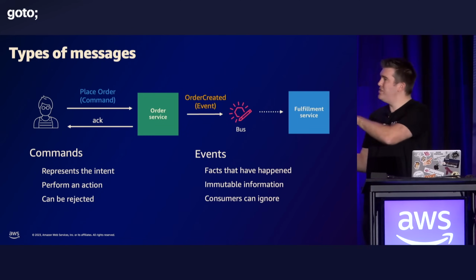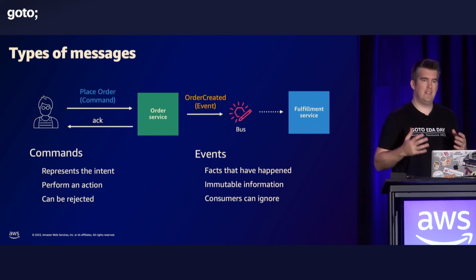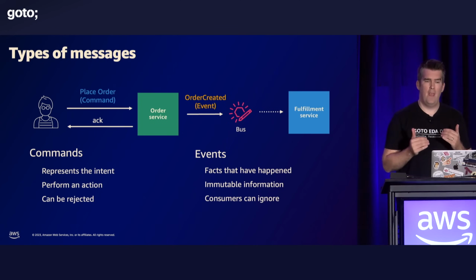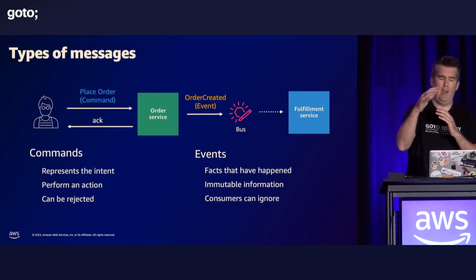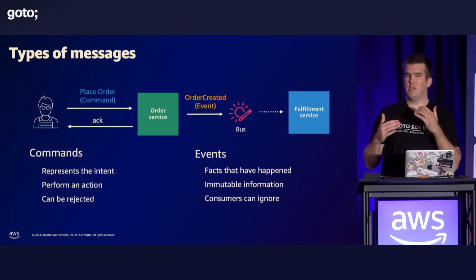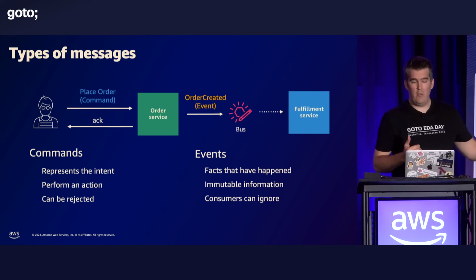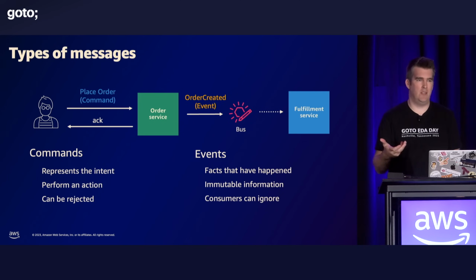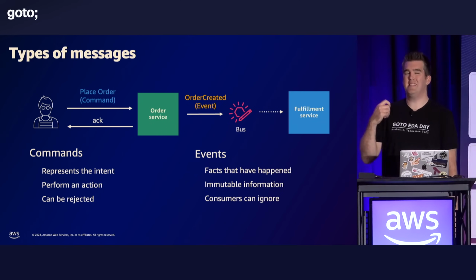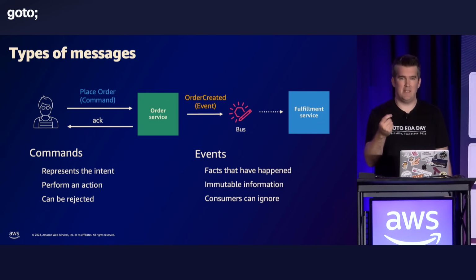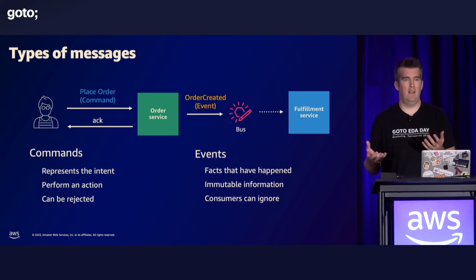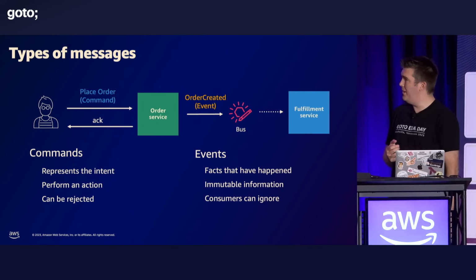Now, when we map that to event-driven solutions, there are these interesting terms, these types of messages that you should be aware of. There's not a direct mapping here, but it's a loose mapping. An example on the left is the command. This is a type of message. A command represents the intent. A command can be rejected. So, please place this order for the pizza. No, we've run out of pizza. Or no, validation errors and things like that. These are commands going over the wire.